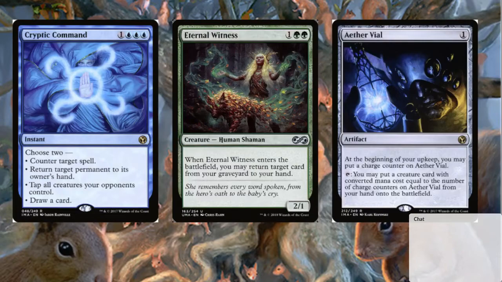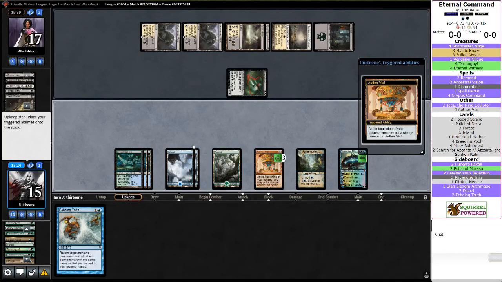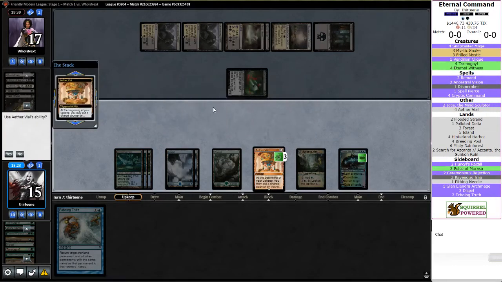The reason that'd be countered is because... let's pull this up really quick. It says tap all creatures your opponents control, and I was returning target permanent. The spell only had one target, so by removing that target, it ended up...